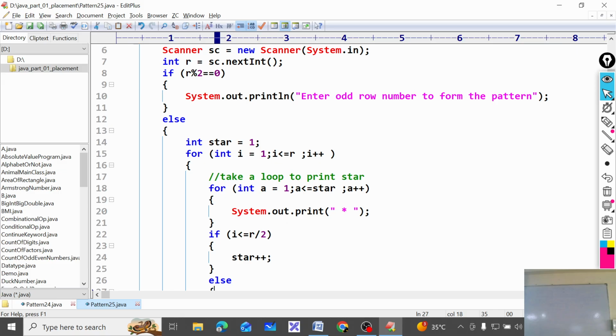One second. 1 2 3 4 5 rows, but the columns are here. What is happening? Space is not increasing and stars are not decreasing. Why?